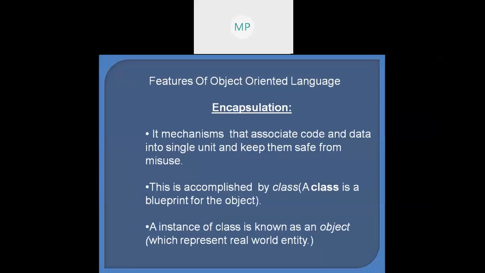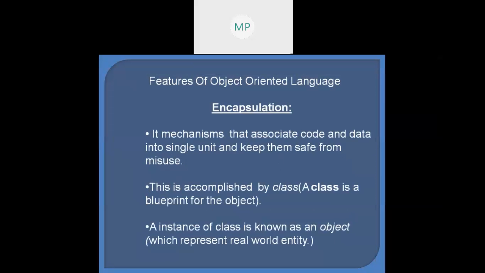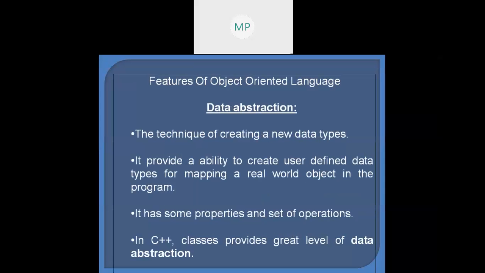So what do we mean by the object? Let's suppose we have created the class, we have already defined the class, but if we want to use the functionality of the class, we have to instantiate the object of the class. First we have to instantiate the class, or we can say we have to create the object of the class, then only we can access the functionality of the class that we defined earlier. We will see in the coming lectures how we will create the class and how we will define the object.